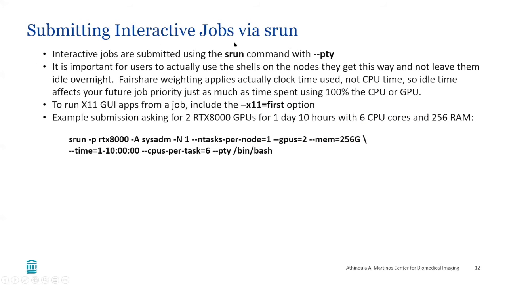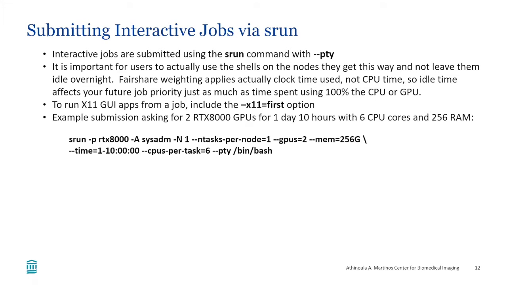All right, and you can do interactive jobs. We're allowing that, and that's done with this srun command, with that --pty option. But it's important that if you do this, you actually actively use those shells and keep using them, and don't just get yourself an interactive shell on one of the nodes and leave it idle overnight, where people are waiting to be able to use that CPU. If you do that, the fair share weighting, as you'll see, will still apply to you over that clock time. It doesn't use the CPU time; it uses the clock time. So your idle time will affect your future job priority just as much as